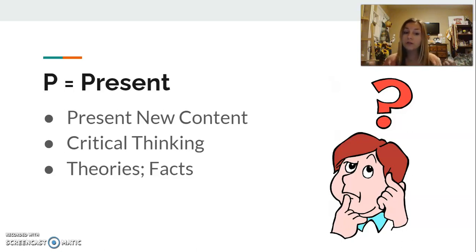The teacher will not lecture by using this model. He or she will question students such as, what do you think about this topic? What do you think that we're going to be talking about today? What do you think humans need to survive? That allows students to get to thinking about their prior knowledge of what they know about a topic before actually diving in to see where students kind of stand.